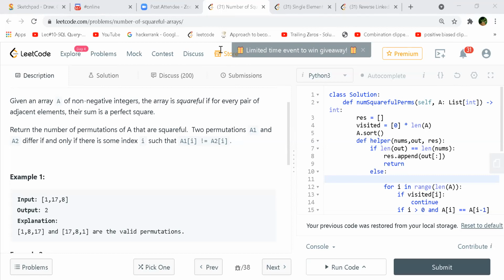Probably you guys understood what I was saying, right? I wonder if we create a hash map with the key equal to all the numbers in the given list, and the value is a list of all other numbers from the list which will give a summation with the key that is equal to a square. So then, when we are permuting, every time you pick up a number from the key list, you'll just pick up the next number from this given list. That way, some computations can be avoided, I think.